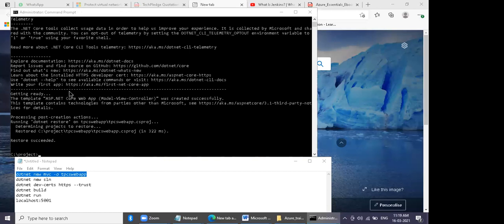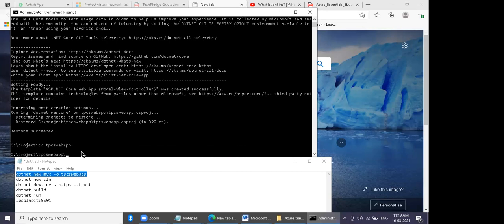Now go to cd TPCS web app. Just press tab, hit enter. Say code space dot, and hit enter.